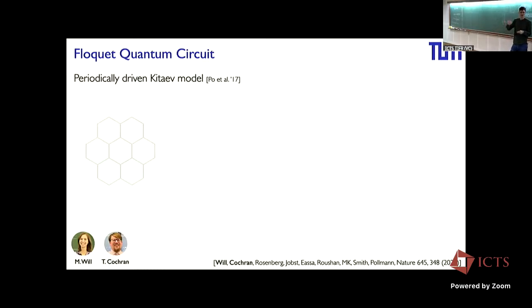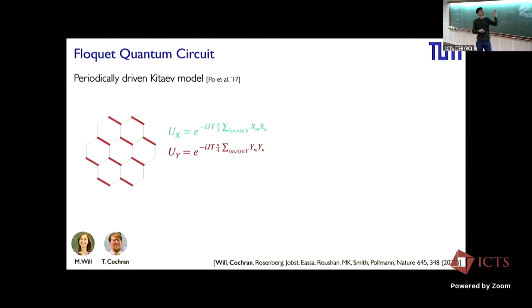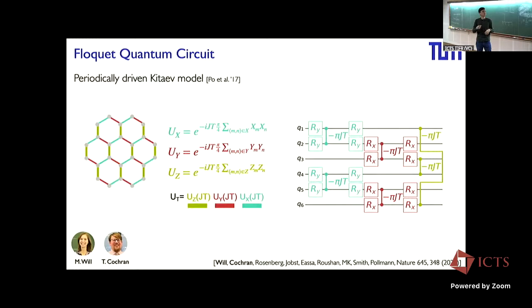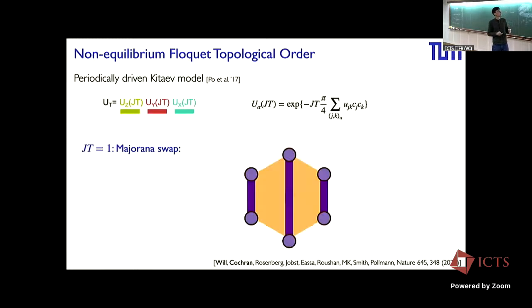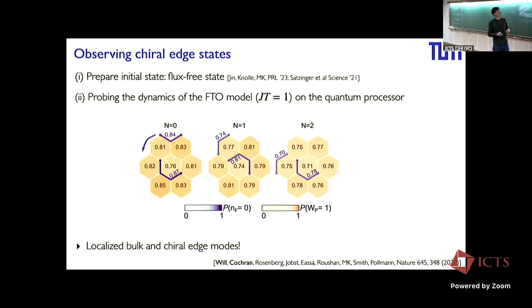We can do a periodically modulated Kitaev model. Take the honeycomb model, apply Kitaev XX, YY, ZZ couplings in a periodic fashion and repeat all over again. In this way, we can realize a topologically ordered phase, which has, I don't go into the details because I'm running out of time,